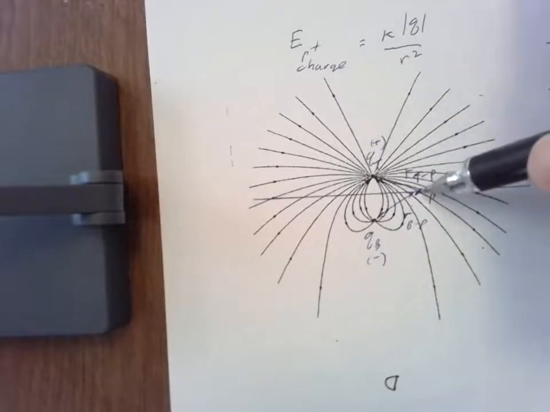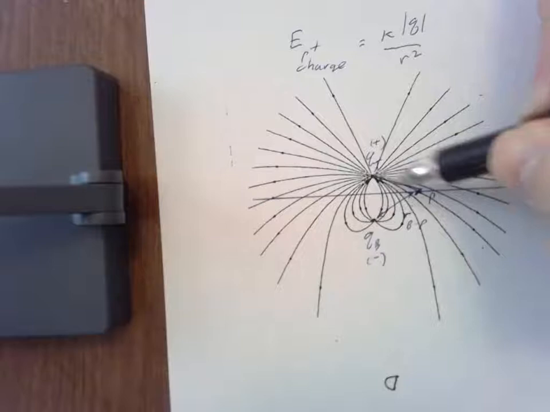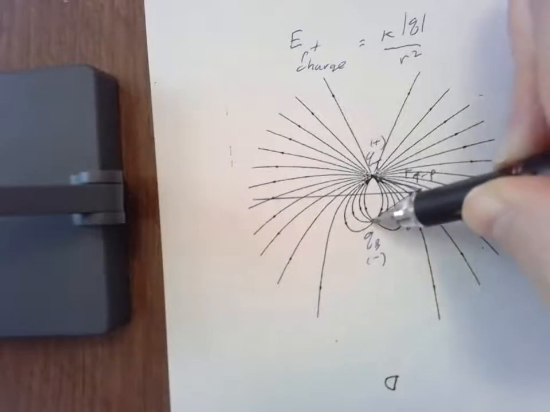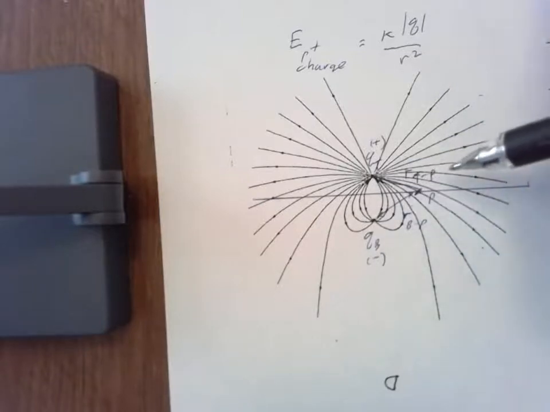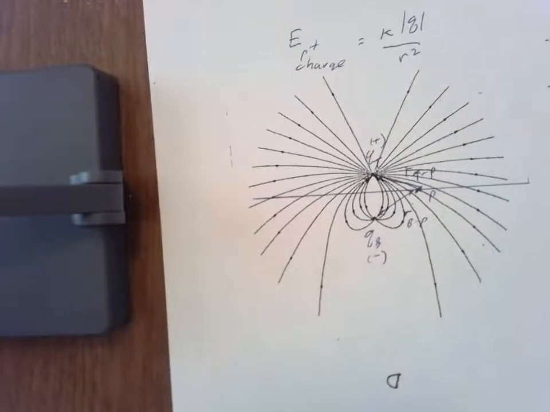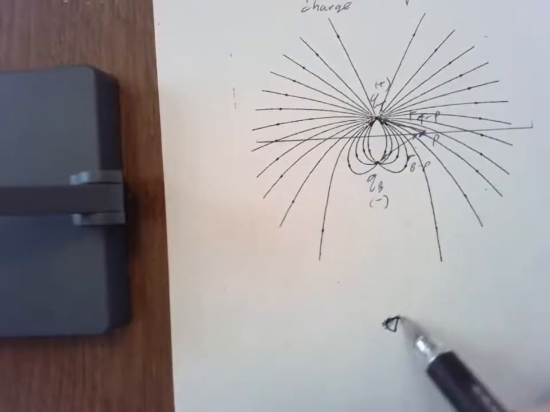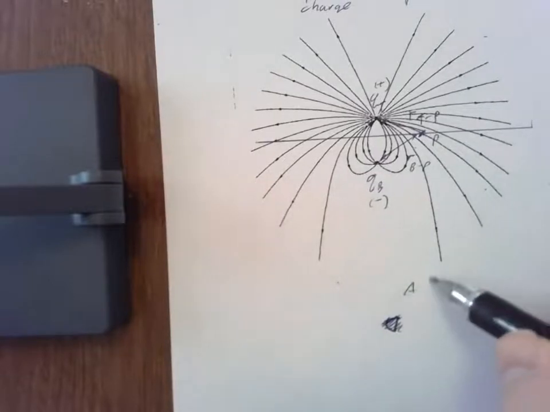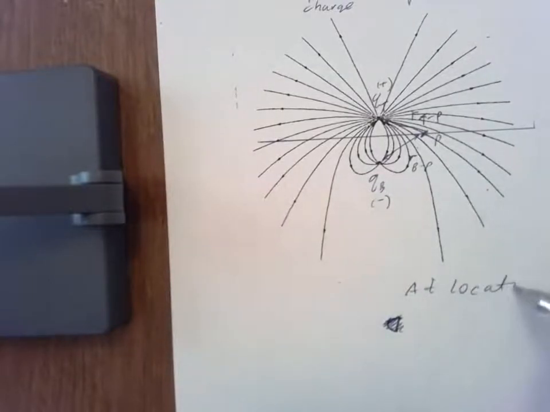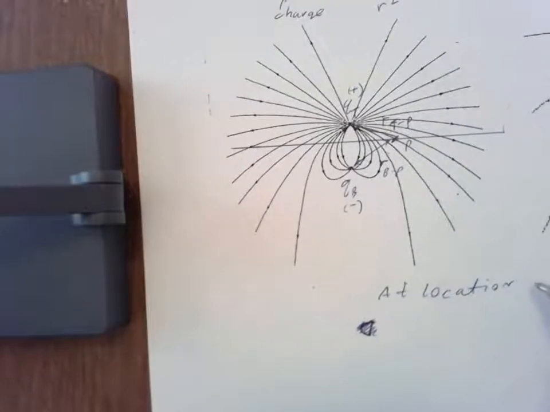All right. Now that net field is created by the electric field of the top charge at that point, plus the electric field of the bottom charge at that point. And I'm going to draw those on a separate diagram here. I'm going to move my paper up just a little bit. So at location P,